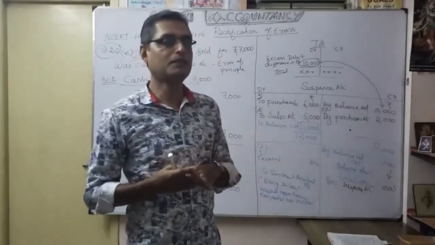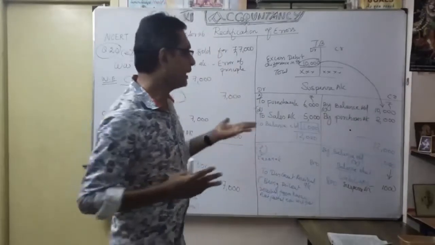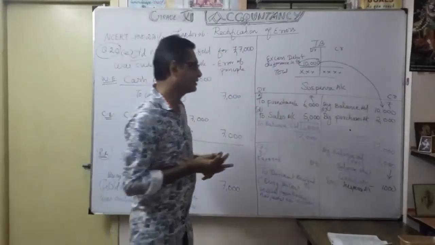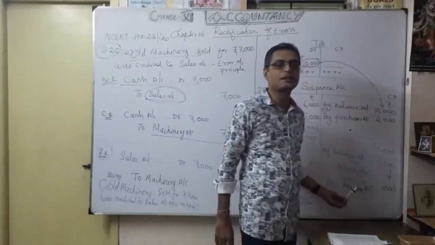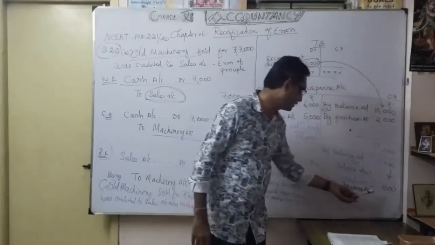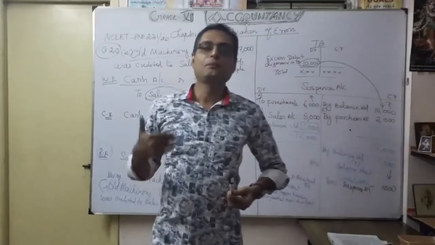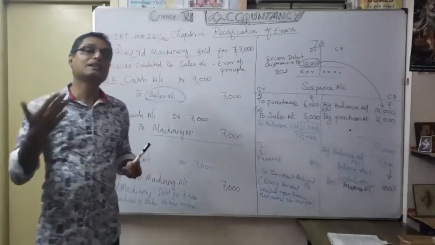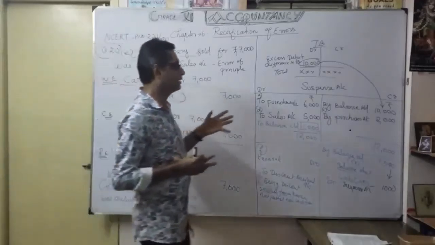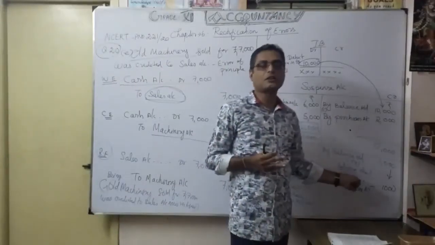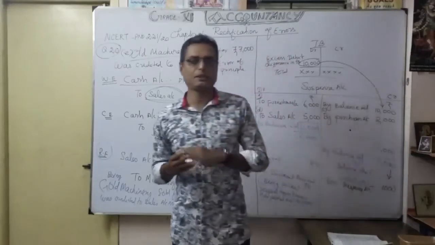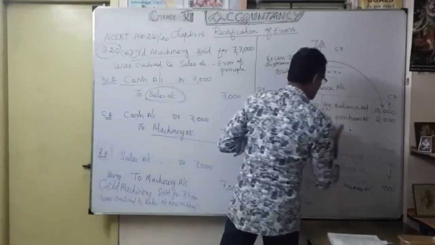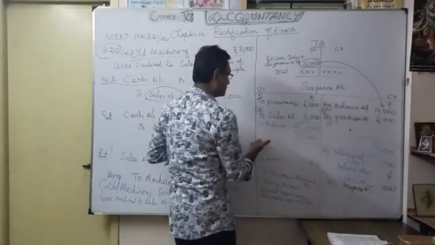You should know that even after any differences, any balance available in the suspense account, suppose it is a credit balance, we are going to show in the balance sheet liability side. That's what we showed here. Suppose any balance is on the debit side, that means we want to show it in the balance sheet asset side. You understood? Accordingly, here the suspense account we want to show in the balance sheet liability side. I repeat once again. Suppose this 1000 rupees comes on this side, I make it as balance brought down.